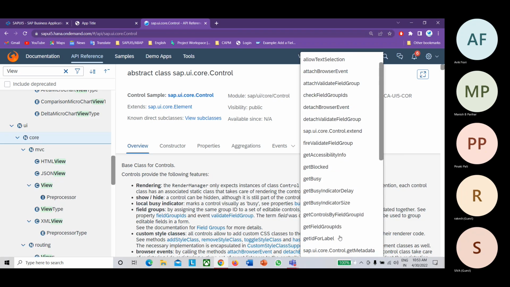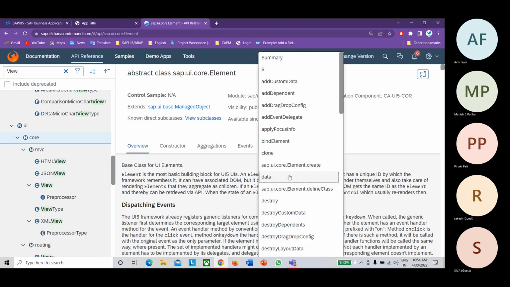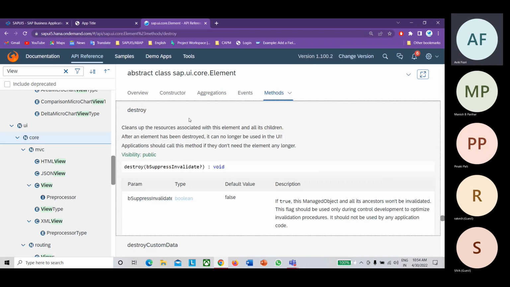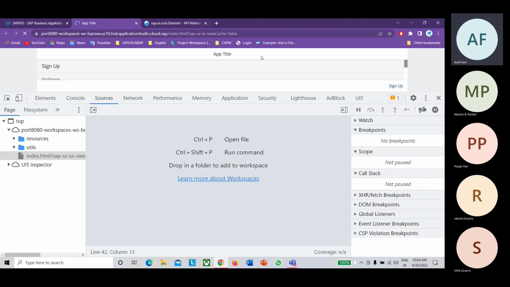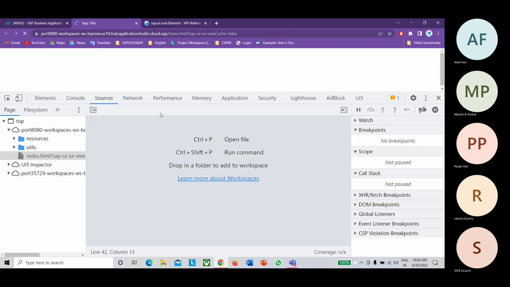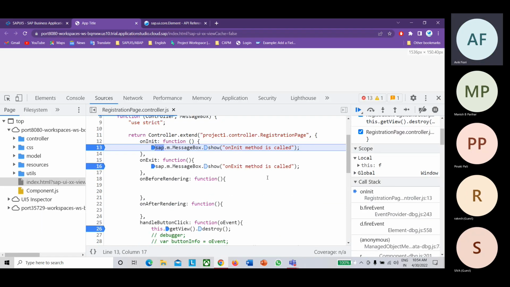Destroy. So we destroyed only the content of the view. We didn't destroy the view. Only the content we destroyed, so the view is still available.